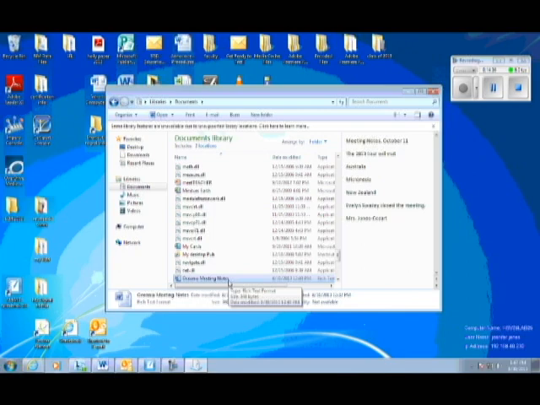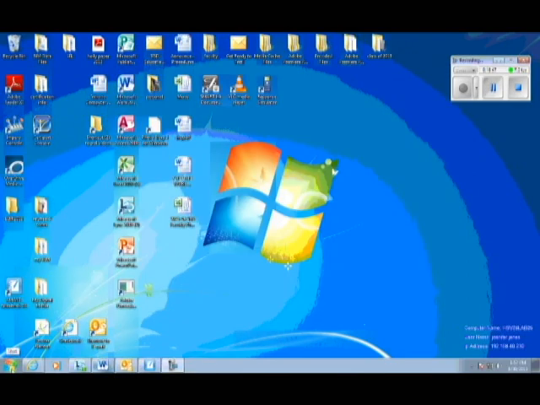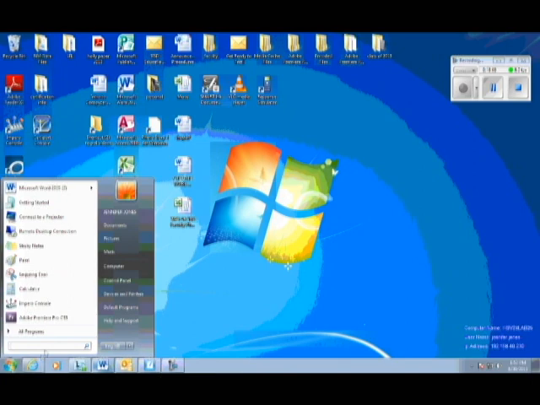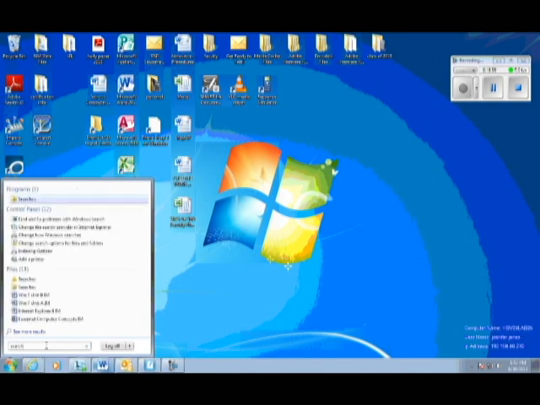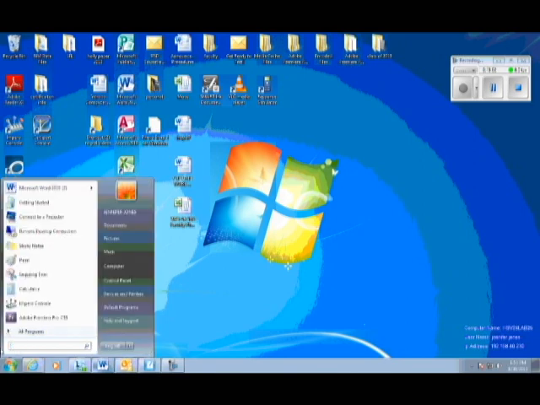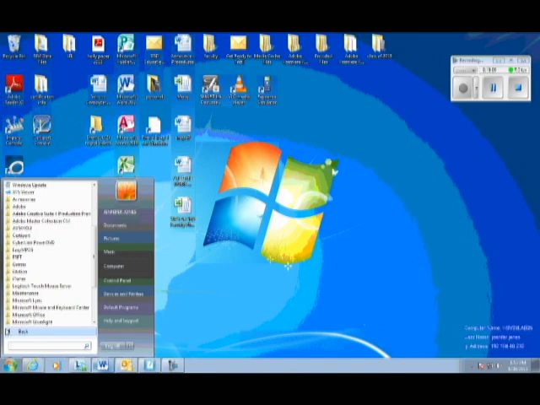Okay, the next section is about searching for files and folders, and I've already shown you how to do that. When you type anything in this search bar here, it will search for everything through your entire computer, all your libraries and folders and everything. So what we want to do is move on to